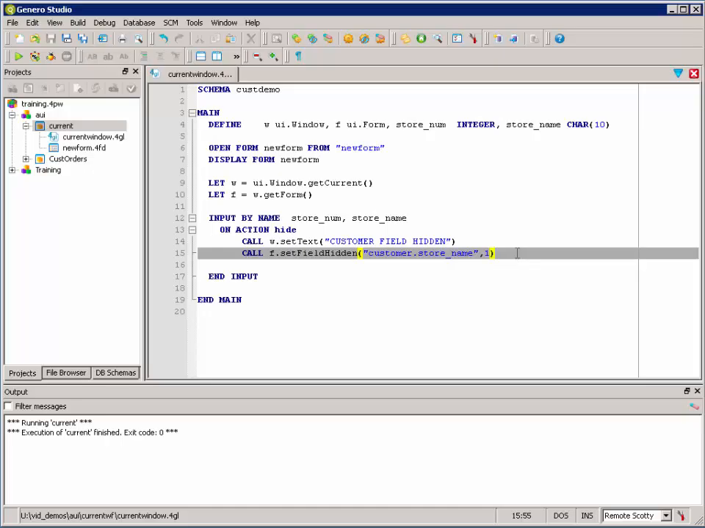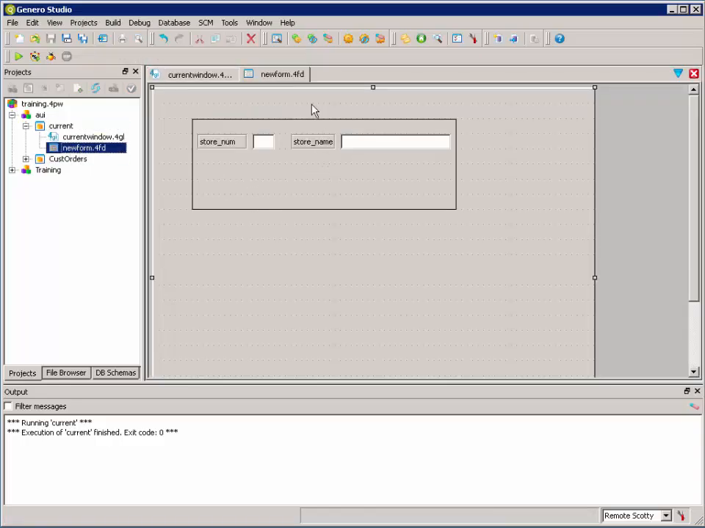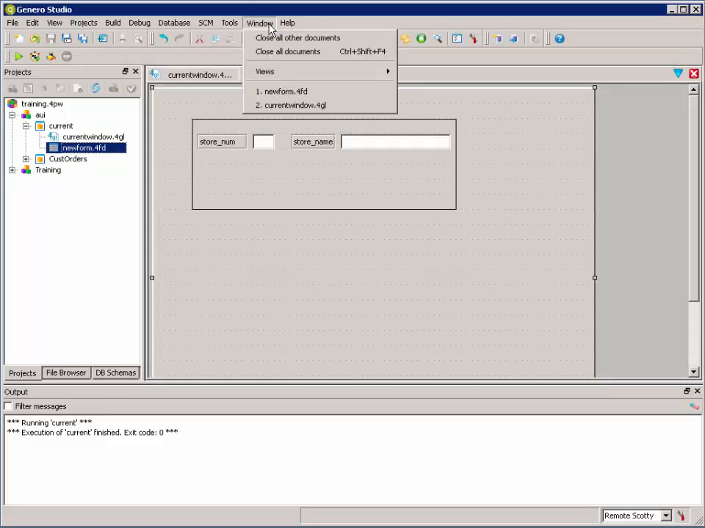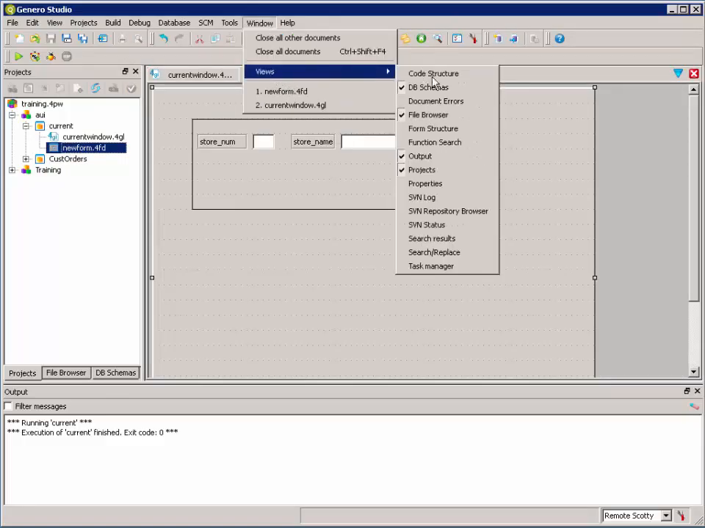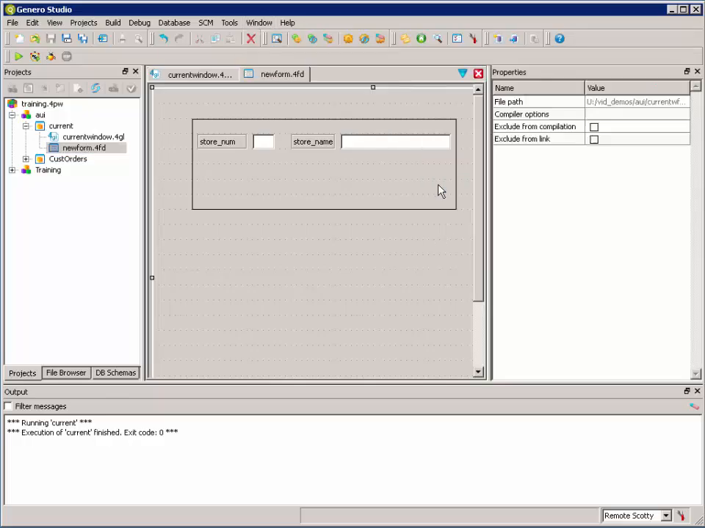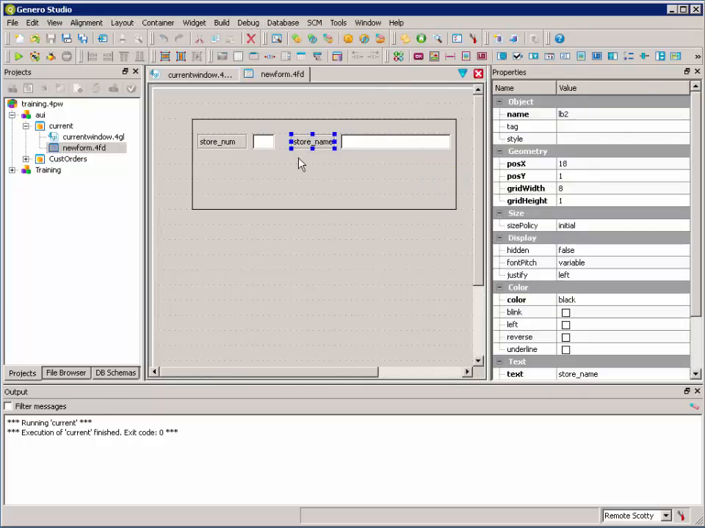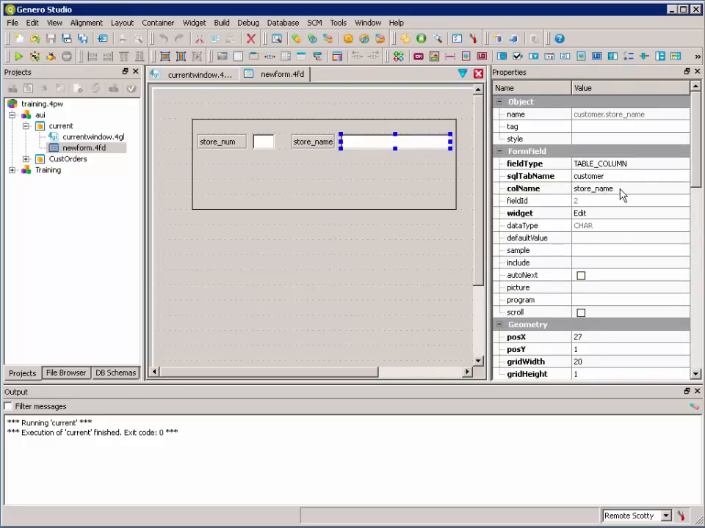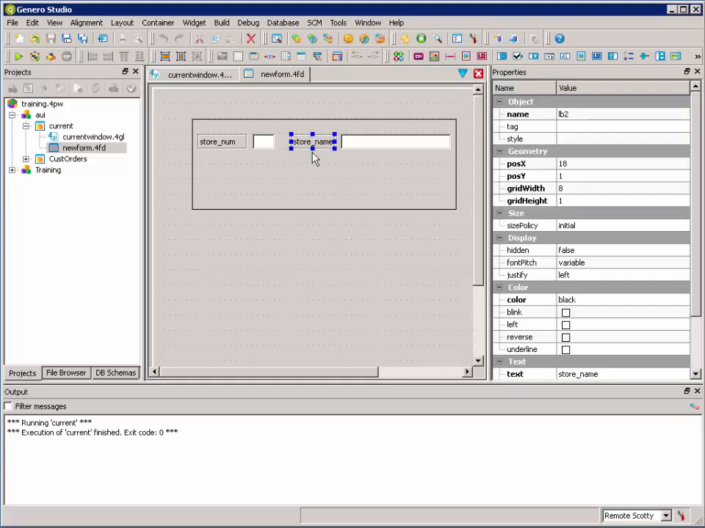Now we could also hide the label that's associated with this field as well. So let's look at the form, and let's just pull up the properties view so that we can find the name of the label that we want to reference. So we were hiding this particular field, which was the customer name field. As you can see here, customer.store name is its name. And we also want to hide the store name label. We can see here that its name is LB2. So let's go back to our code